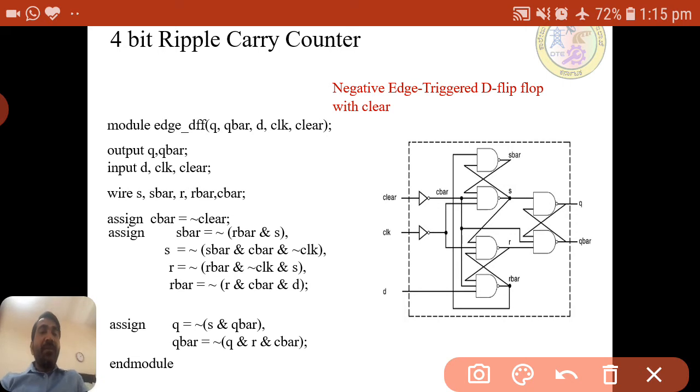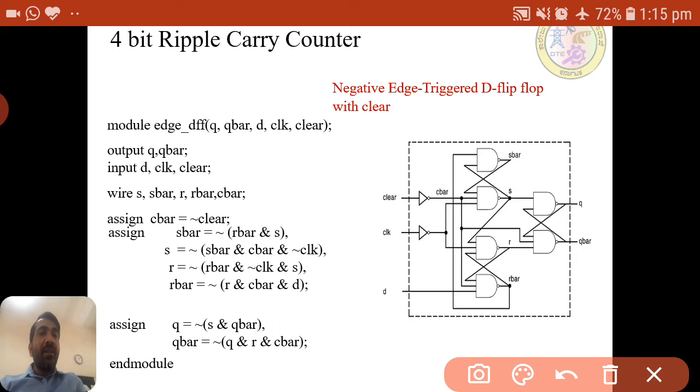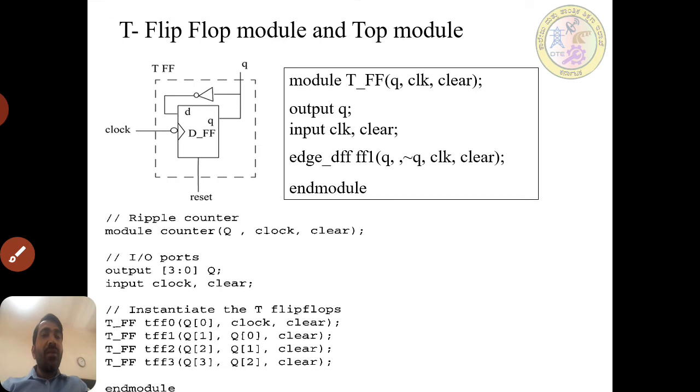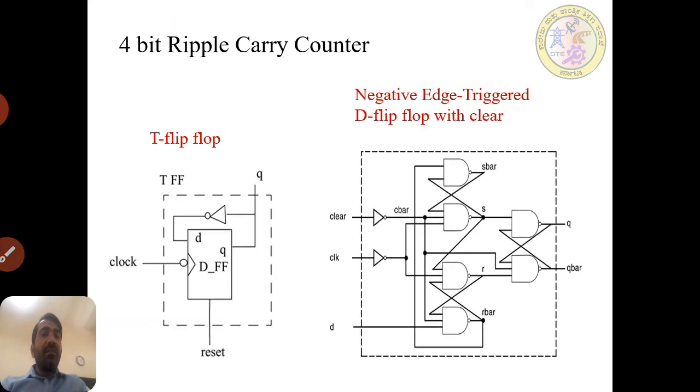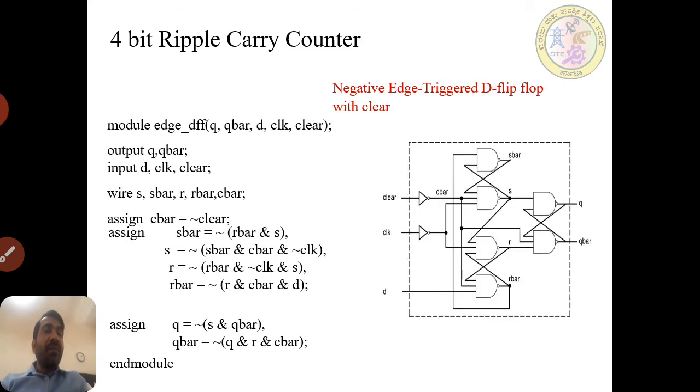So this is how the latch circuit, meaning the D flip flop circuit with clear, is implemented. The same thing we are implementing using data flow modeling by using operators. Means we have used the AND operator and NOT operator. By using operators we are writing the data flow modeling. Now this is for implementing the counter. So one T flip flop is over. This is the one T flip flop code.